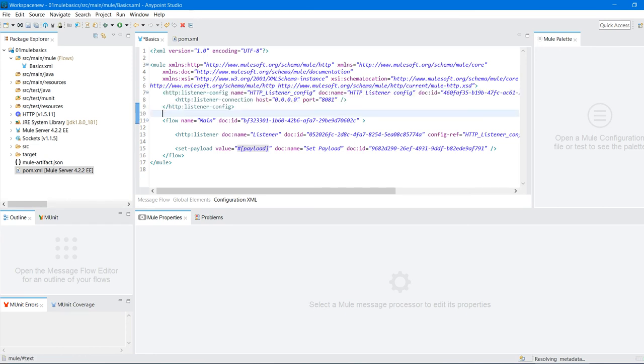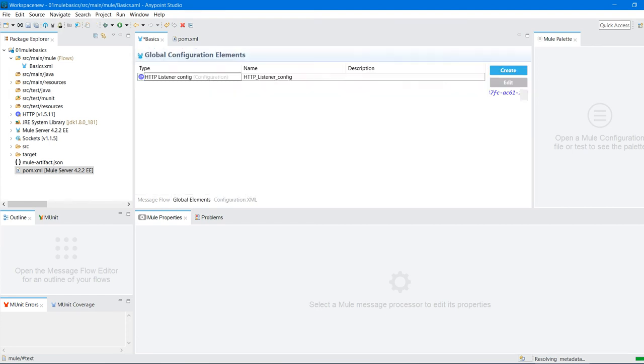The configurations which I have done in the HTTP listener configurations are all global elements. The global elements are per project, right? If you create one more XML under the src main folder, you can access this HTTP listener over there. Now you can see that second tab, global elements, one HTTP listener configuration is present here.